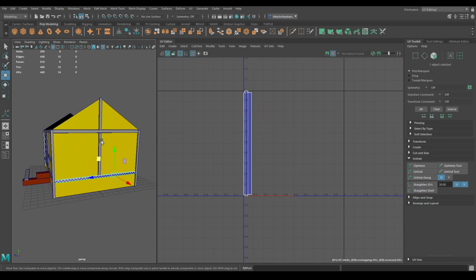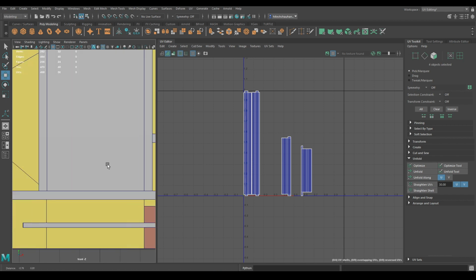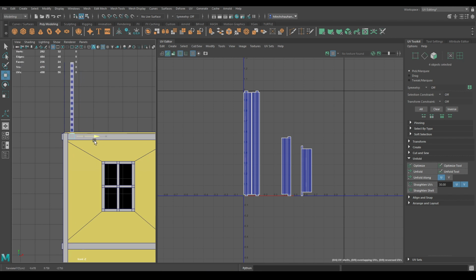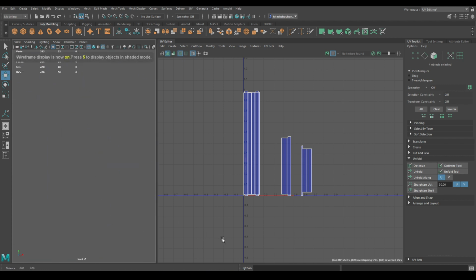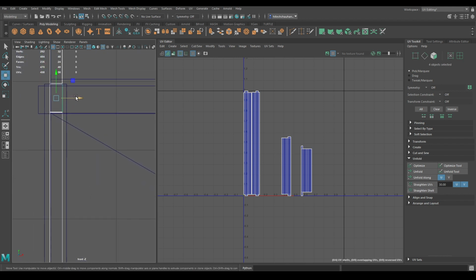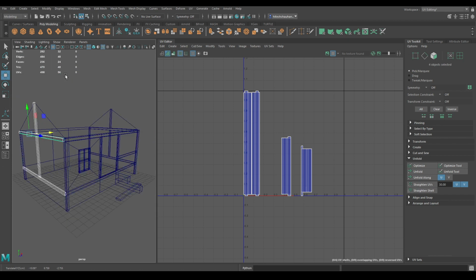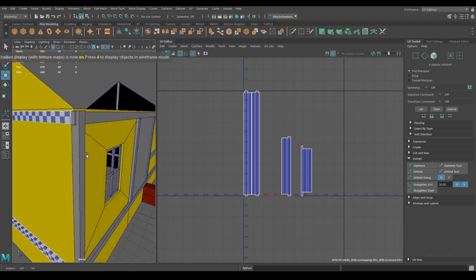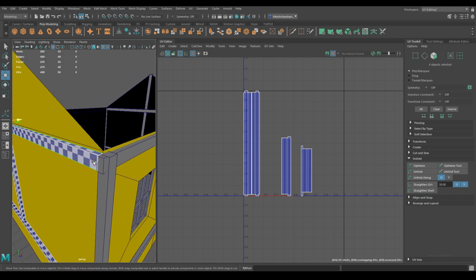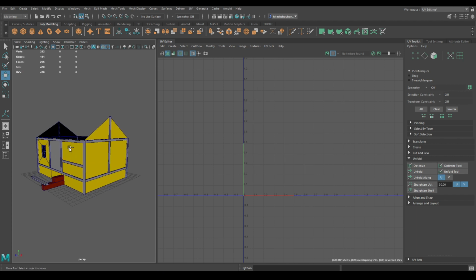Now select these 4 cubes, duplicate and place on the other side like this. Bring back your roof.